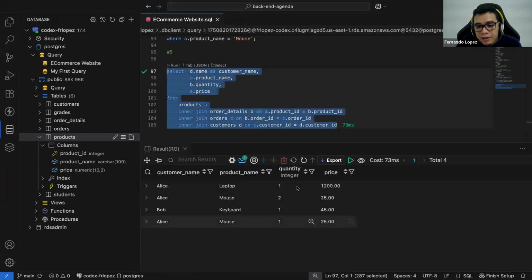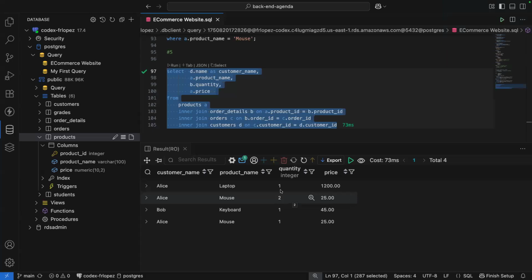Okay, right now, we have the quantity here for this laptop. The total price for this part of the invoice is that we're going to multiply the quantity times the price. Does this make sense? Yes. So for example, this record is going to cost $1,200. This record is going to cost $50 because we are buying two, right? Yeah.